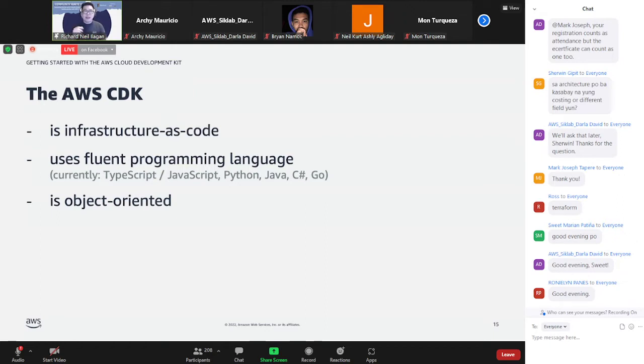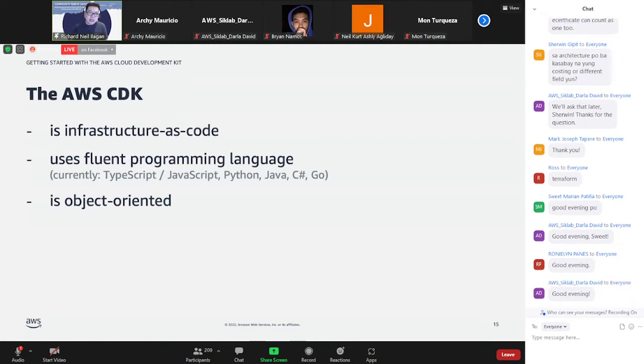Diba? So ang pinagkaiba ng AWS CDK, and I think what really makes it special is that you can use normal programming languages, yung mga sanay na kayong programming languages, to build and describe your infrastructure, your system, your architecture. Diba? That's what the AWS CDK is. I'll show you a few examples mamaya, pero one of the things na